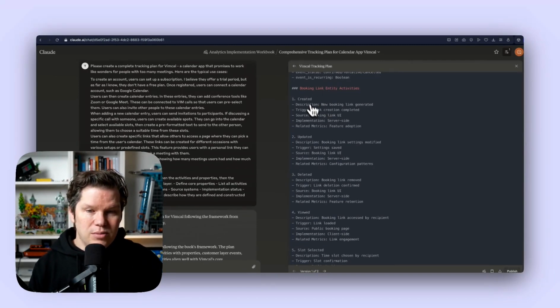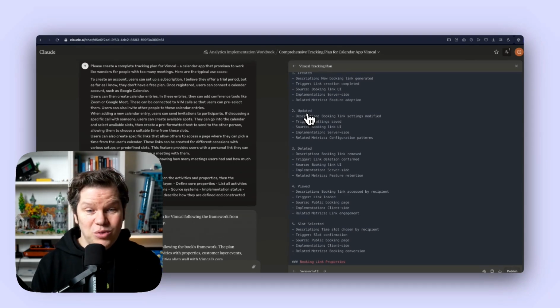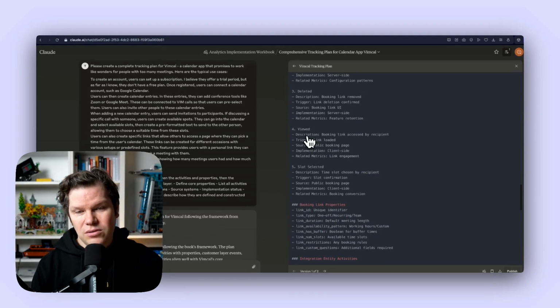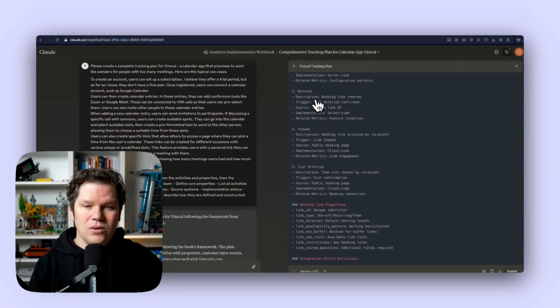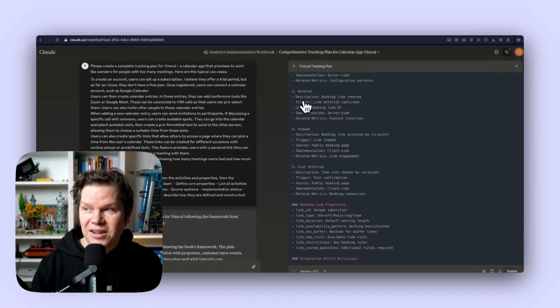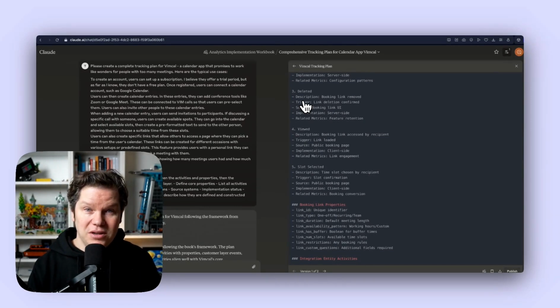But in the end, it's the same. It's also a booking link that you send out. Yeah, we want to create a booking link. Again, we don't care if a booking link has been updated, at least I would say. I cannot see a scenario where this would be interesting. Deleted, at least we want to know how many. It's also not super interesting to know how many booking links have been deleted. But let's keep it in there for the sake of completeness. But again, if we want to reduce activities, this would also be a candidate, because if a booking link has been deleted,